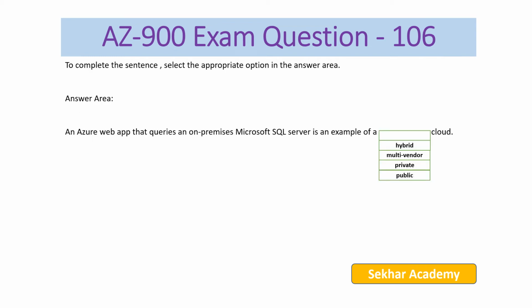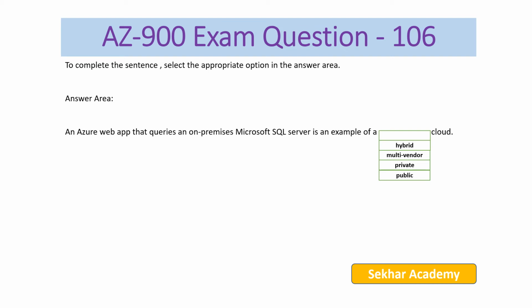AZ-900 exam question number 106. To complete the sentence, select the appropriate option in the answer area. An Azure web app that requires an on-premises Microsoft SQL server is an example of a blank cloud. The options are hybrid, multi-vendor, private, and public cloud. So an Azure web app that queries an on-premises Microsoft SQL server is an example of